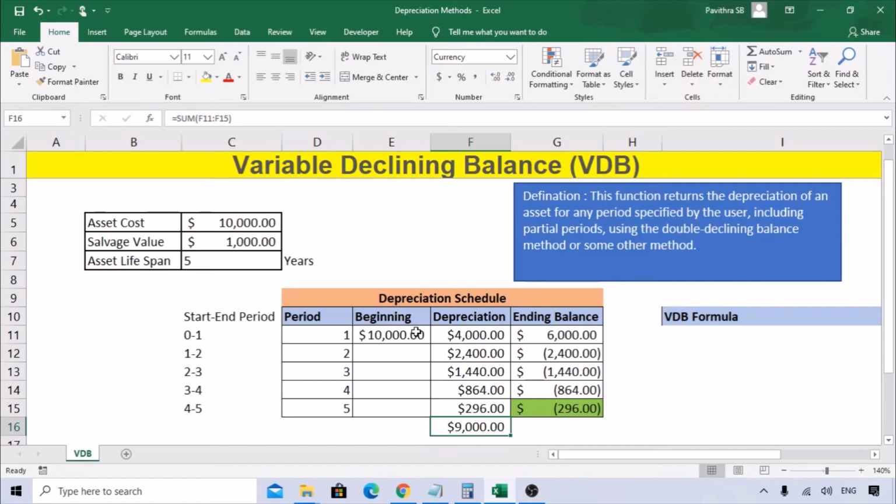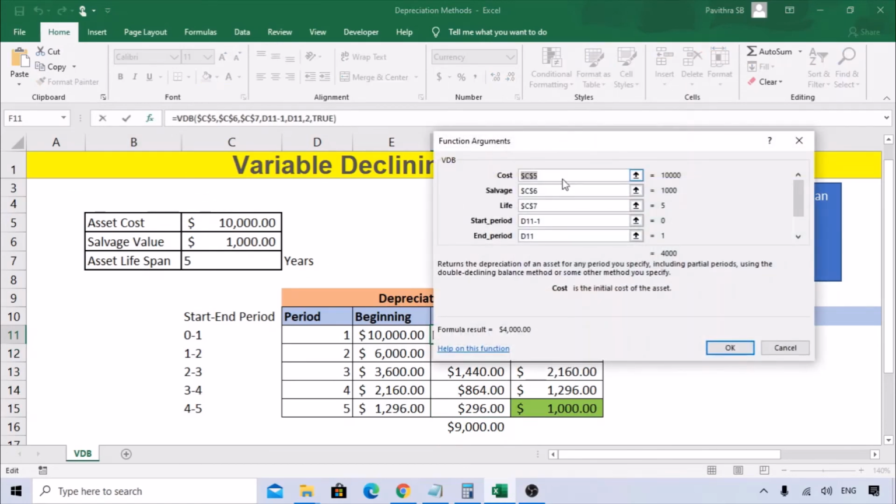it gives your total depreciation as 9,000. So we need to know the ending balance is beginning minus depreciation. Next year, the first year ending balance is nothing but the second year beginning balance. So I just selected this formula and copied this formula down. Now you can see the residual value, which is nothing but the salvage value, is $1,000. So total depreciation is 9,000. So you should get this. So understand, then your calculation is very simple. It's not so complicated. The only thing is the start date. You need to use this pattern, 0 to 1, 1 to 2, as the years pass.